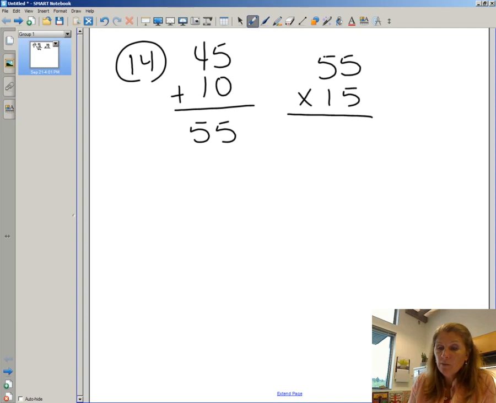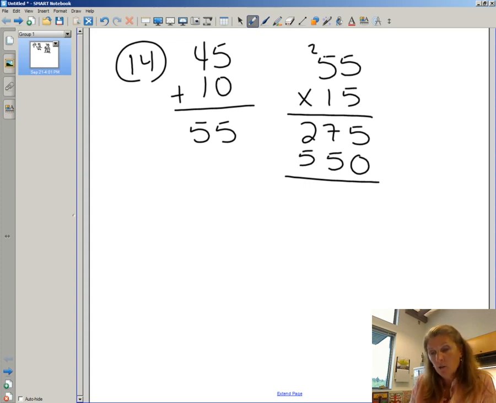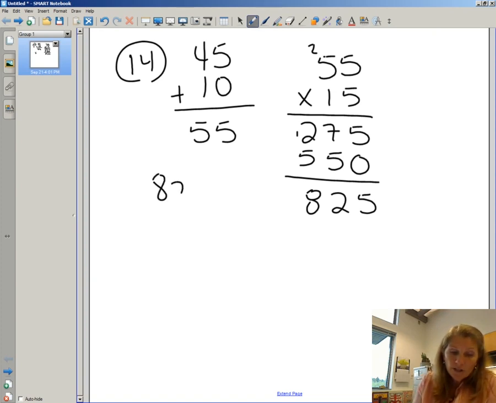So 5 times 5 is 25. 5 times 5 is 25, plus 2 more is 27. Now I'm multiplying by 1, which is actually 10, because it's in the tens place, so I'm going to put a 0 down. 1 times 5 is 5. 1 times 5 is 5 again. Now add straight down. 5. 5 and 7 is 12. 5, 6, 7, 825. That's the total number of minutes